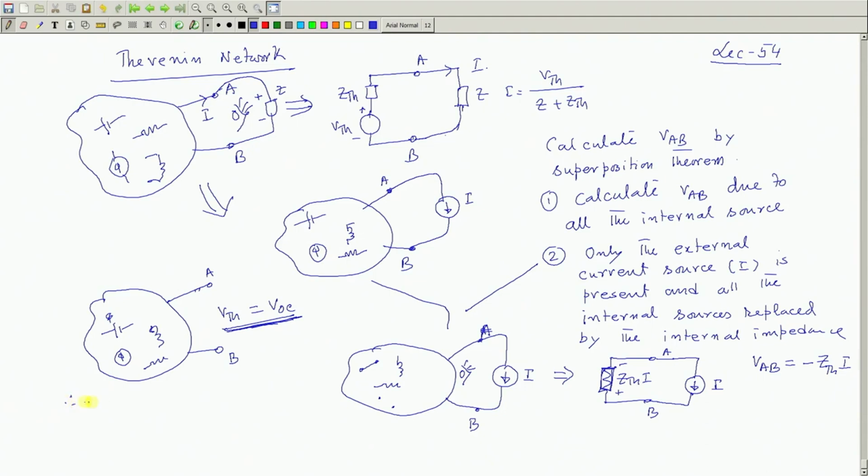Therefore, V AB when this current source and all the internal impedances are present, that will be then equal to... V AB when all the sources are present will be equal to V Thevenin's, that is open circuit voltage, minus Z Thevenin's into I, the sum of these two, is not, this will be this